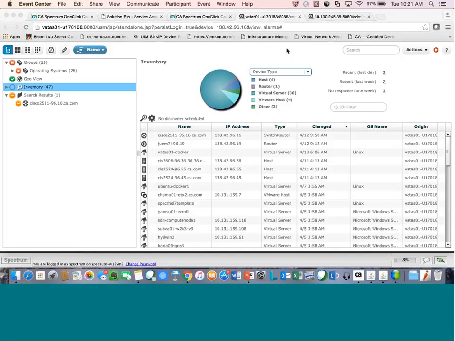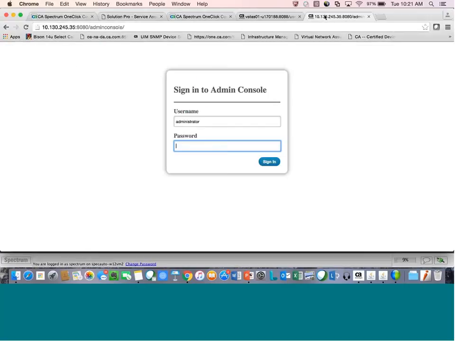All right, so I'm going to walk through two components here. I just want to first and foremost show a little bit about the integration itself and what it looks like from the Spectrum Gateway Pro perspective. So I'm going to sign into the admin console here. And very similar to how we've done integrations before with either eHealth or CA Performance Management, where it's all driven from the global collection. So we would create a global collection in Spectrum.